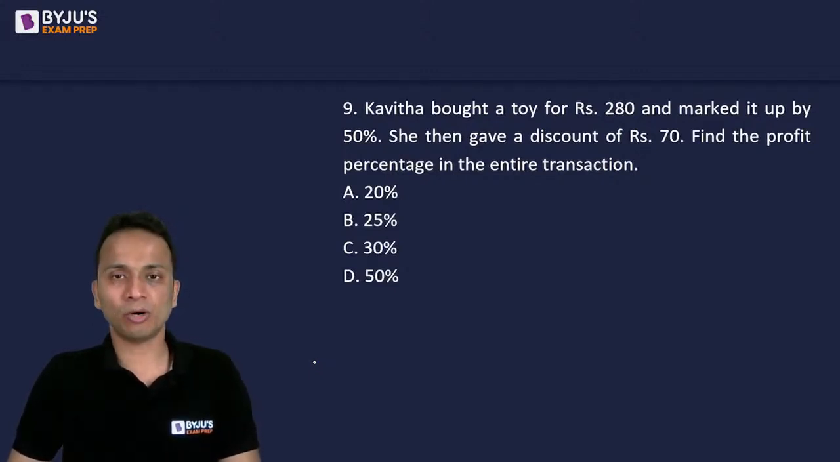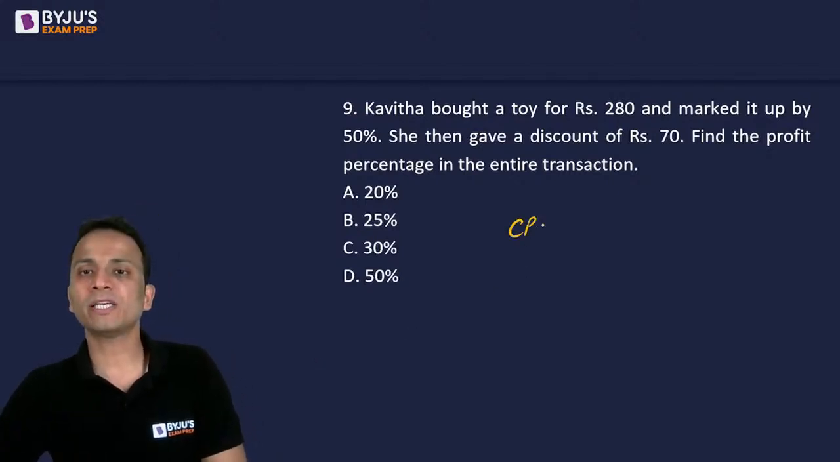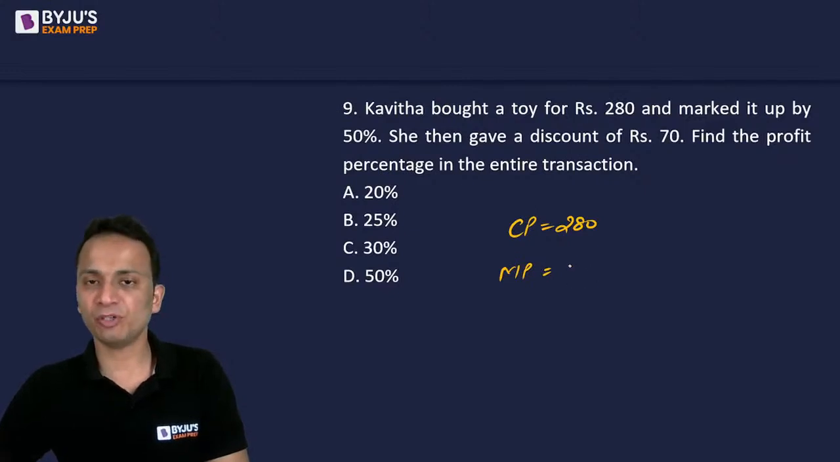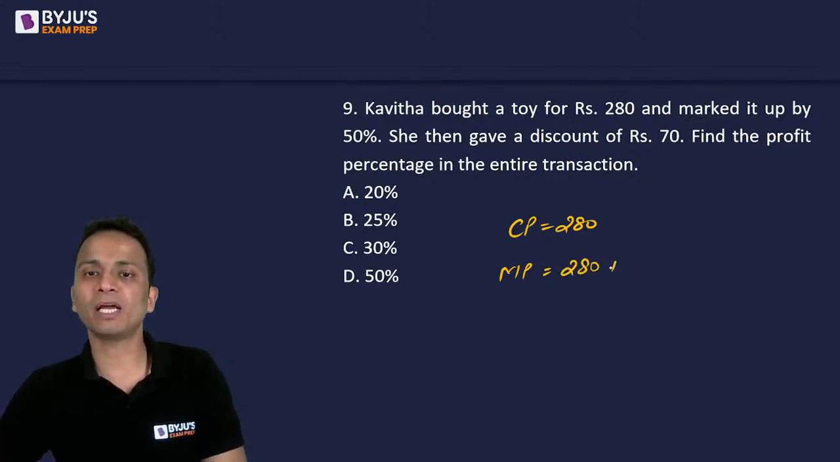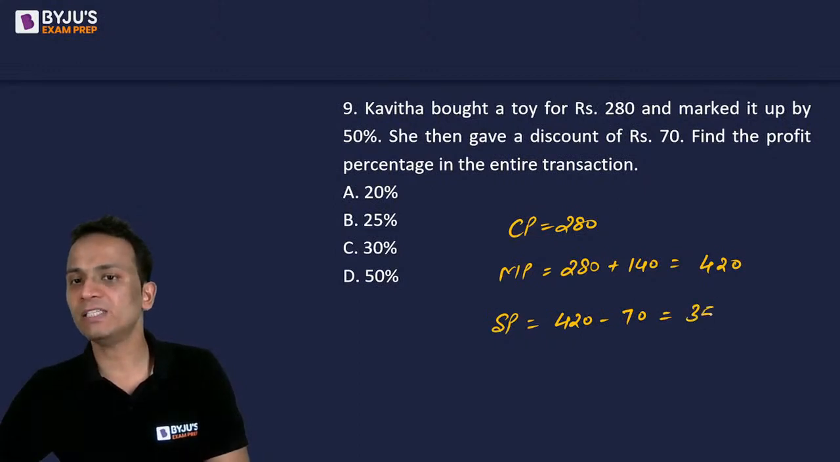Okay, Tanmay says option B, 25% is the correct answer for this one. Let's quickly check it out. So cost price is 280, marked it up by 50 percentage. So 280 plus 50 percentage of 280 is 140. So market price कितना आ जाएगा? 420. Now after giving a discount of 70 rupees, selling price will be equal to 420 minus 70, that is